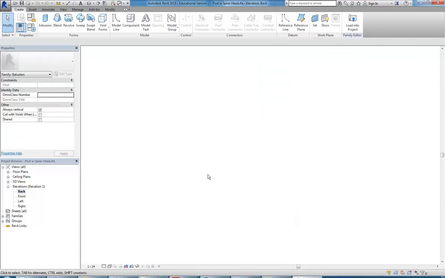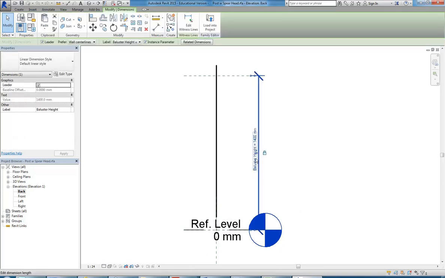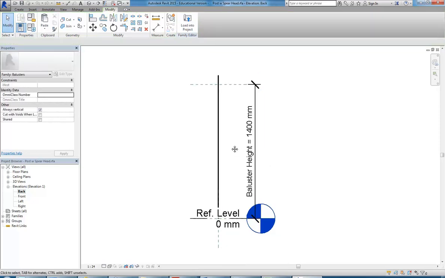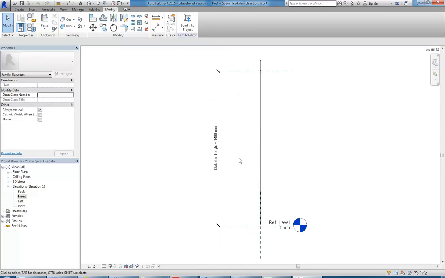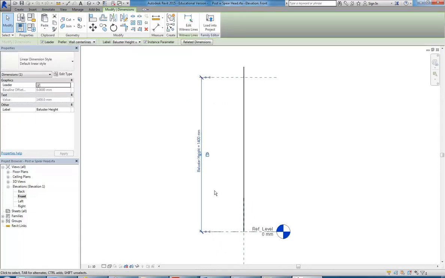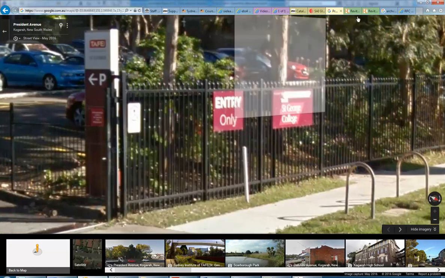So notice how here in some of these elevation views you can see that dimension with a name. And when it's got a name like that, you know it's a parameter, and that means it's an adjustable property. And so you can, if you want to, just select the dimension, type in a different value. So let's have a look at that image. How tall do you think that fence is? Yeah, possibly, maybe a bit less, but yeah, something like that. It'd be well over 2 metres. And so, yeah, let's say